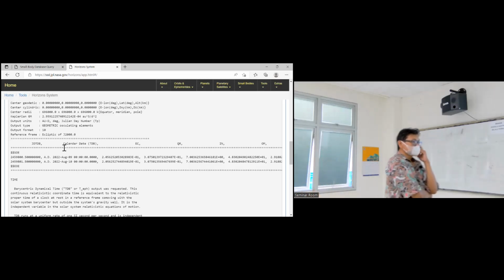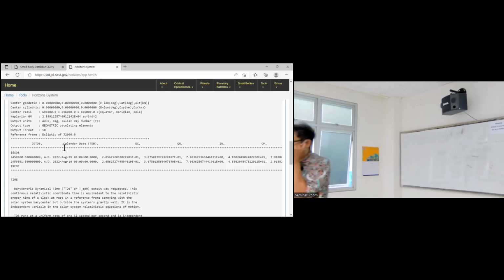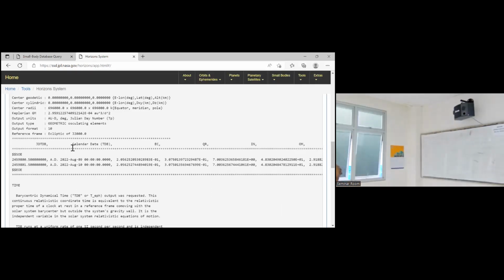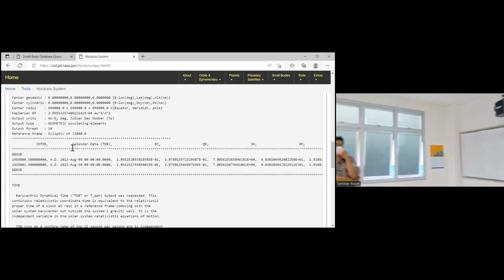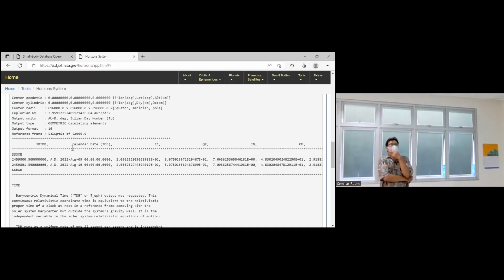Is there any question or comments? You can practice taking the data first. One group consists of how many people?